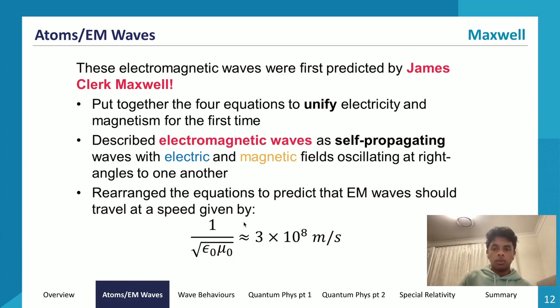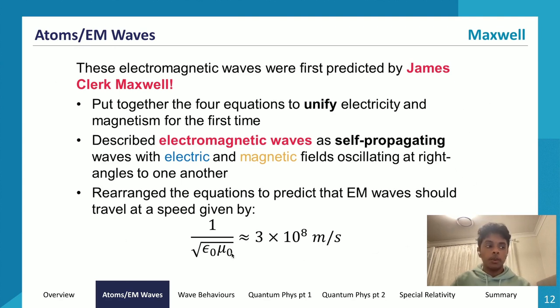Now, what else did he do? Well, he did also influence our understanding of light. He also predicted that light was probably an electromagnetic wave, and he predicted thus the speed of light as well. He predicted it, he never validated that the speed of light was as such. All he did was predict that light was an electromagnetic wave that traveled at 3 times 10 to the power of 8 meters per second. He mathematically predicted that, but he never validated this to be true. So that's a little bit about Maxwell. As long as you remember this stuff and what I just mentioned about light, you should be okay to answer most James Clerk Maxwell questions.